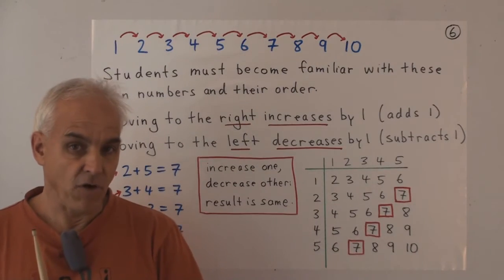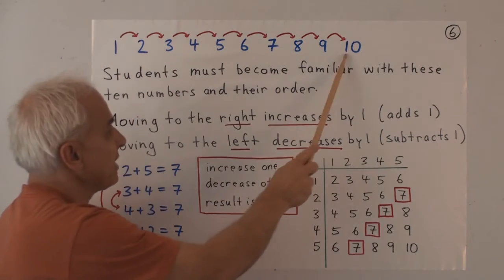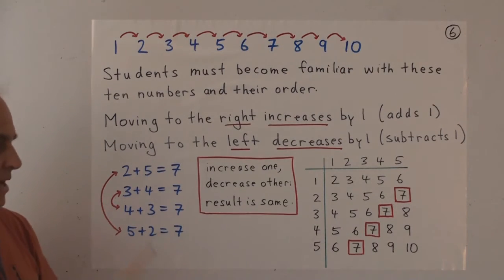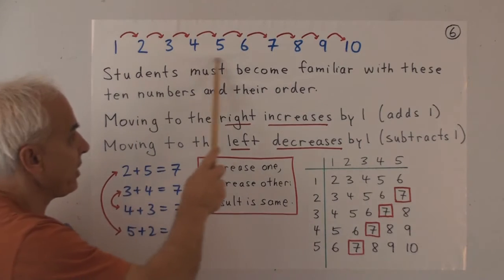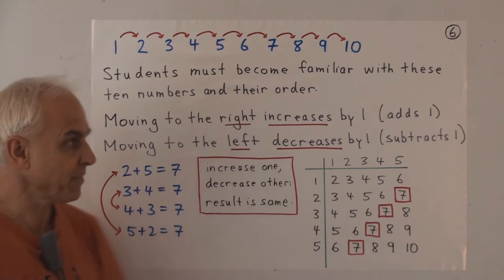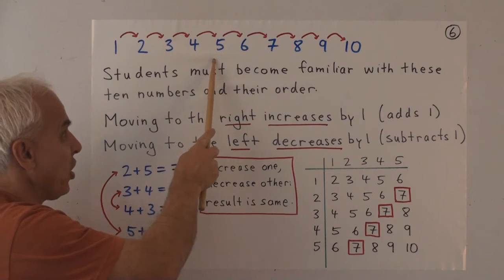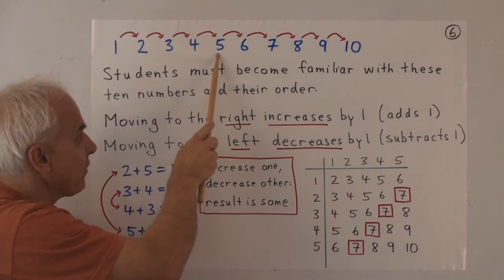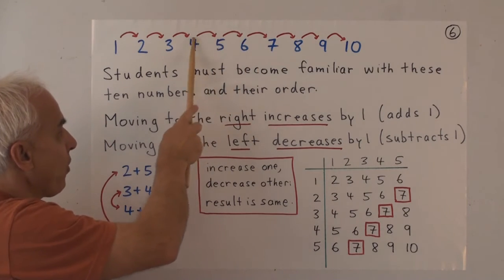So all the numbers involved in this 5 by 5 addition table are in the range of our basic first 10 numbers, from 1 to 10. And as the student becomes familiar with addition, they should also become more and more familiar with these 10 numbers and their relative positions. By relative position, I mean that given any number, they should know which is the next number and which is the previous number. It should not be too hard for them to figure out the number that's after the next number, or the number that's before the previous number.